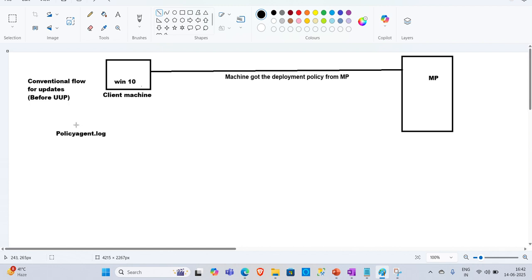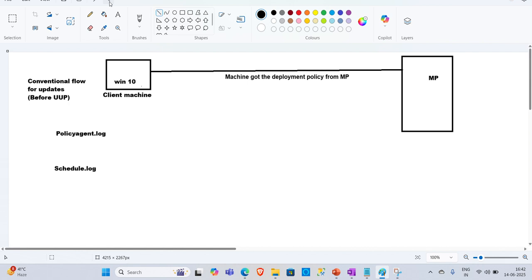The corresponding log file where we can see its activity is policy agent.log. This policy agent is the main component that handles the download of the deployment policy from the management point. As soon as it receives the deployment policy, it lets one of the other components know